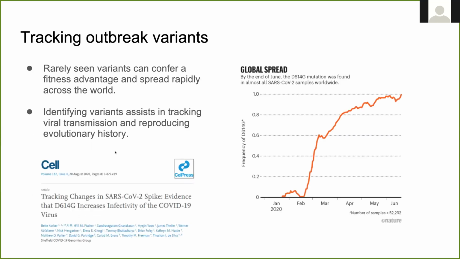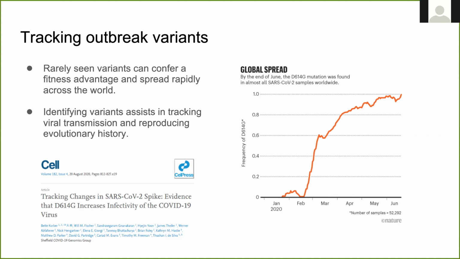So as far as tracking outbreak variants, being able to classify or identify variants has been a long-standing problem in bioinformatics, but more recently, the problem has been related to being able to track variants for outbreak studies. For example, we see on the right here, this is the frequency of the D614G variant in SARS-CoV-2. We can see that it started at a very low population frequency, and within a couple months, it nearly shot up to 100% of the population.